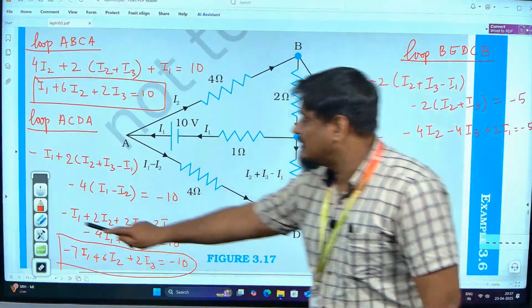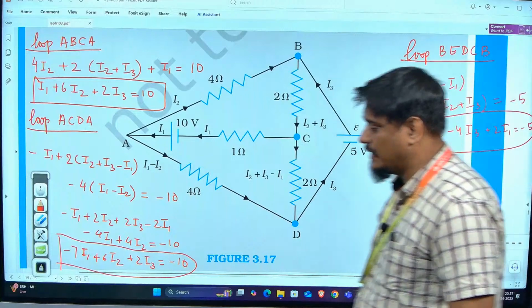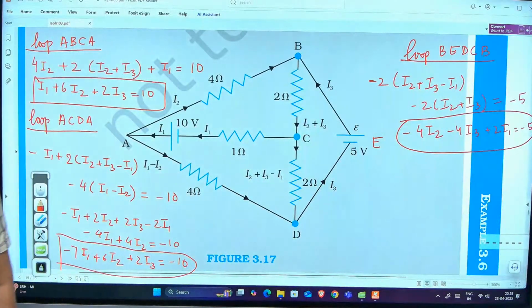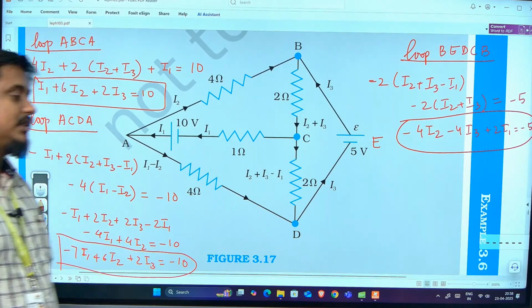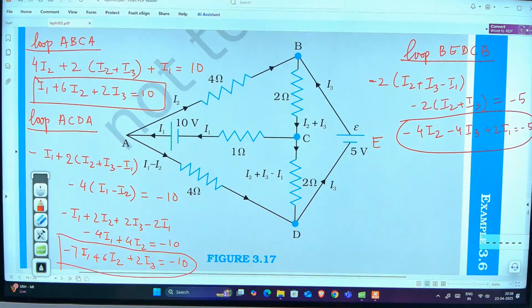If you get these three equations, then you are going to get the correct answer finally. Sir, I got the answer. Is it matching with the book? You have the book with you? Actually, I am not having it right now, sir. Okay, fine. I will show the answer also. But all of you have got these equations. Anybody has any doubt in forming this equation?